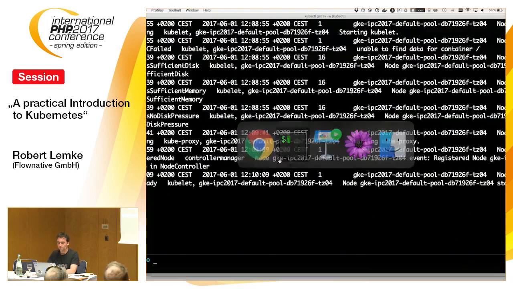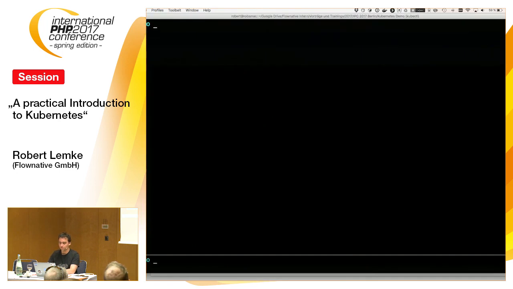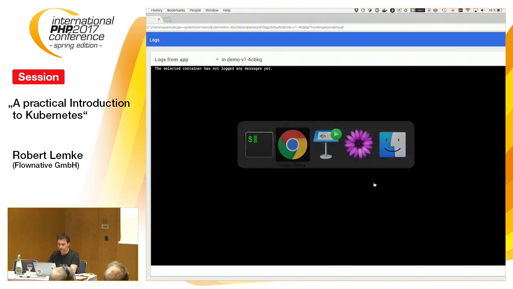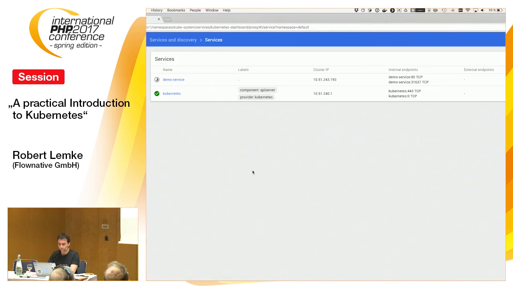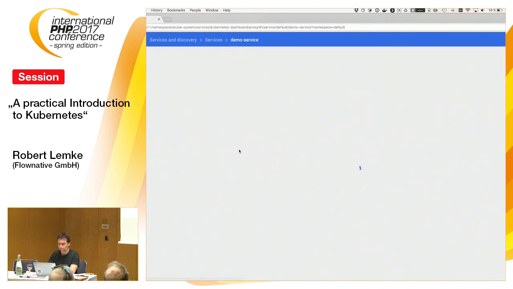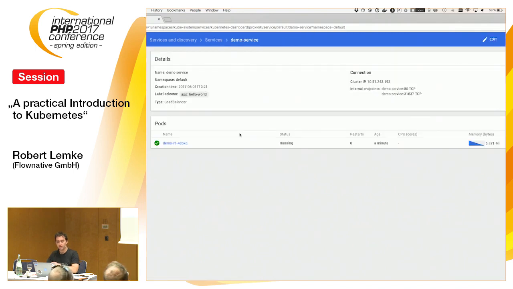So for that, I create a service, as I said. So that service has now been created. Let's take a look. So the service here shows me all pods which match the selector defined in the service.